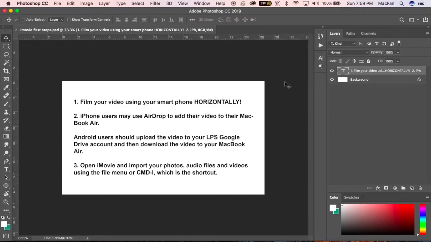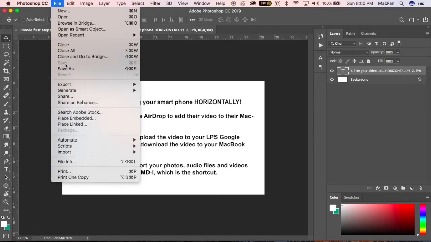So the last step here, first off, I like to save it as a PSD document so that I'm saving my layers. If I've misspelled something, if I come back and I need to make some changes to it, I've got a layered document that I can edit. And then the image I'm going to use in the video will be a JPEG, which is a compressed image without the layers. So you'll want to do save as,